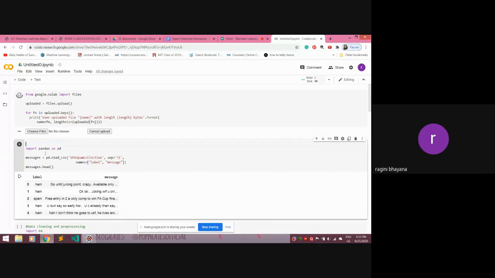So we're using pandas, and we're using read_csv to import. Our data is stored in SMS spam collection, and it is separated by tab. I explained this to you while showing you how to make the columns. So the classification, spam or ham, and the message, there is a tab in between them. And since there are no predefined columns in the data, we are